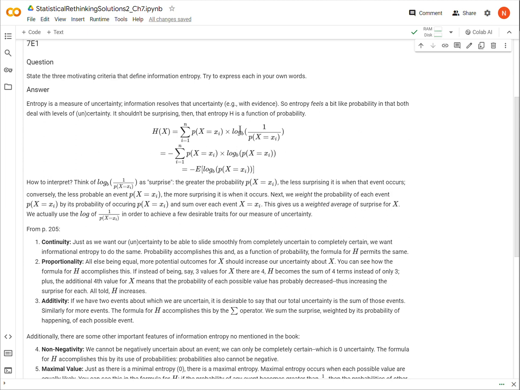Okay? And again, we're going to skip the log part for right now, and then we're going to come over here, okay? And now this term right here, we can think about as a weighting function, okay? So how often should we expect to be this surprised? Well, we should be this surprised over here at the rate at which that value is occurring, or at the rate at which that event is happening, right?